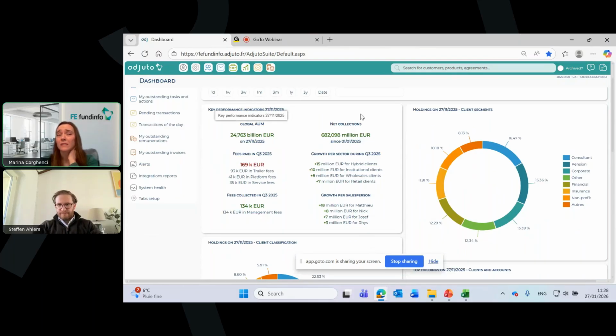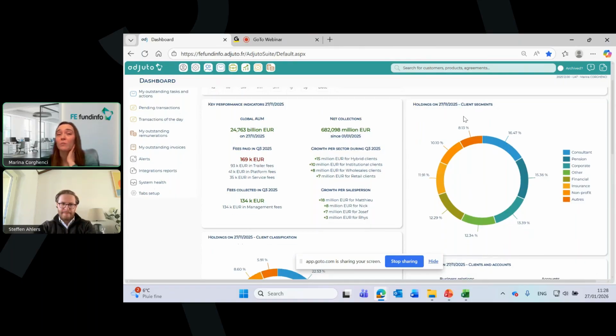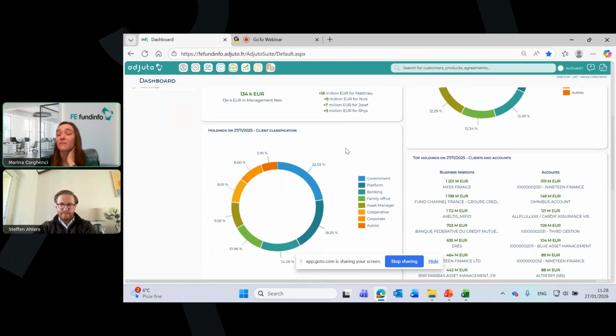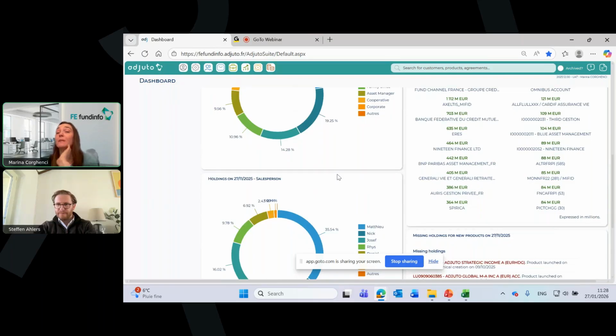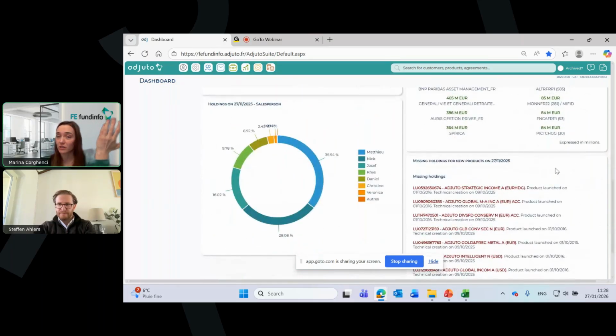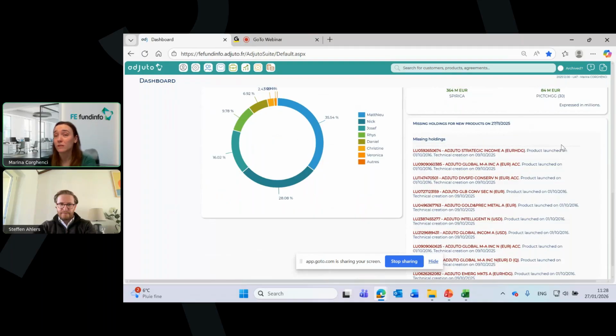Some key performance indicators, where in this example, we can see the global AUM, the net collections, some growth per sector and salespersons with the fees that have been paid and the fees collected. You have some segmentation charts by client classification, some segmentation per salesperson, but as well, you can see some more operational dashboards where you can see some missing holdings per product, which will allow the operational user to act on it and actually do some investigation directly